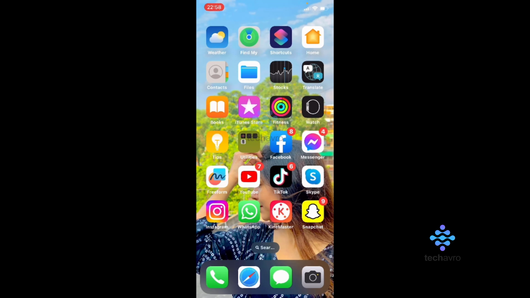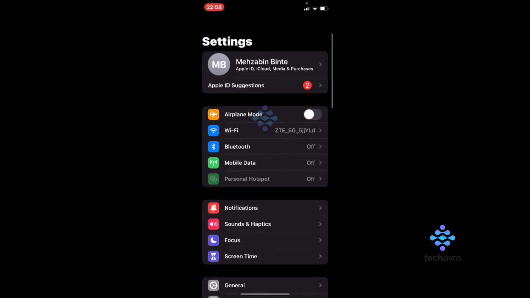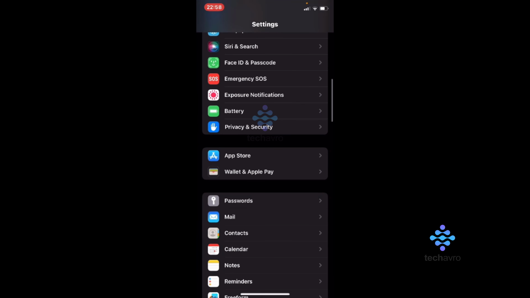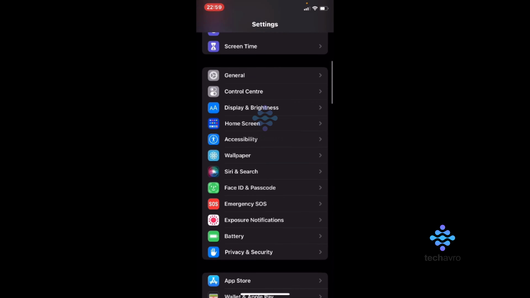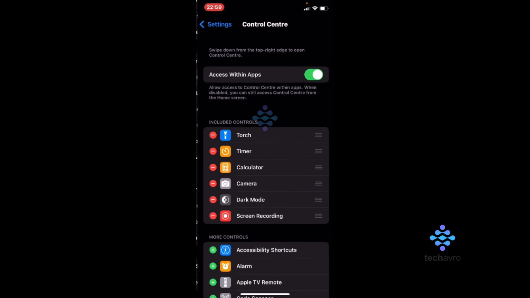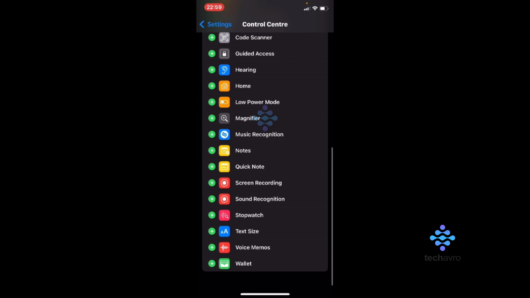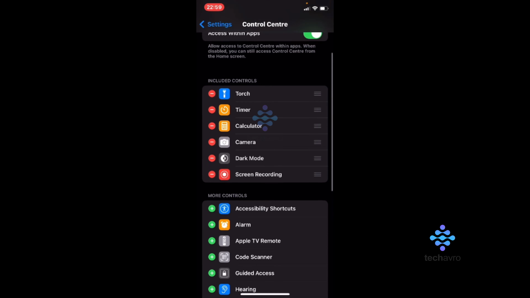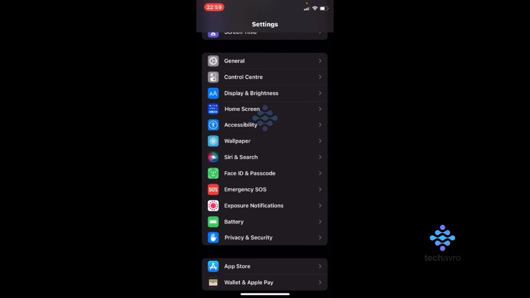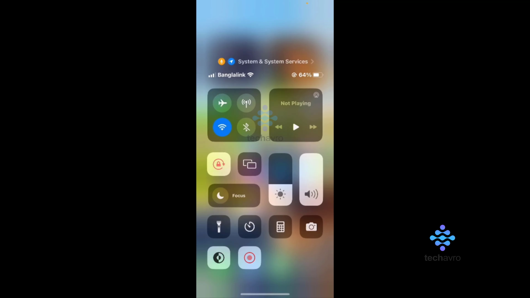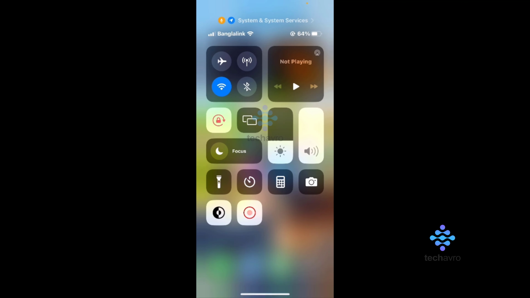So today I'm here to show you how you can screen record on your iPhone. So go to settings. From here you have to go to the control center. From here you can see screen recording. So add this button, and from here go to your control center, and on here you can see